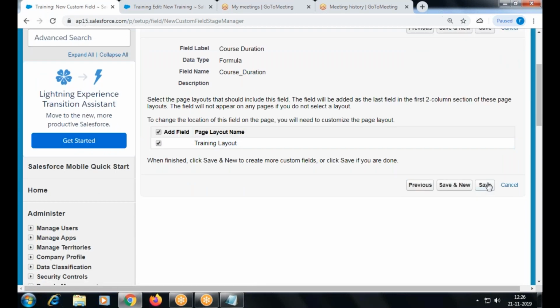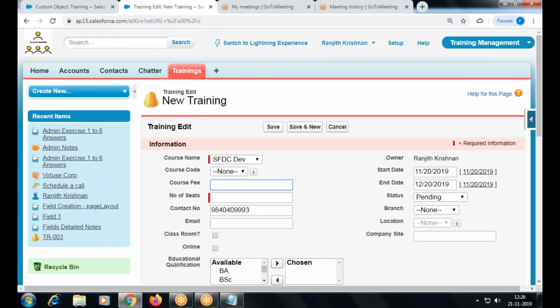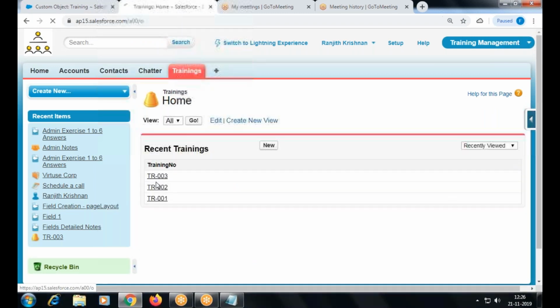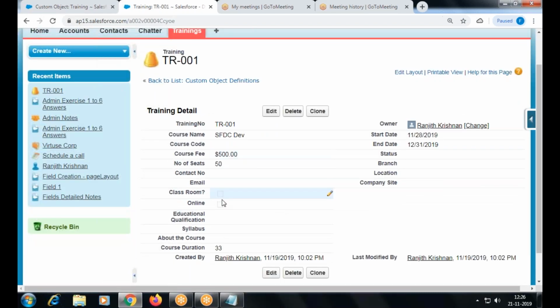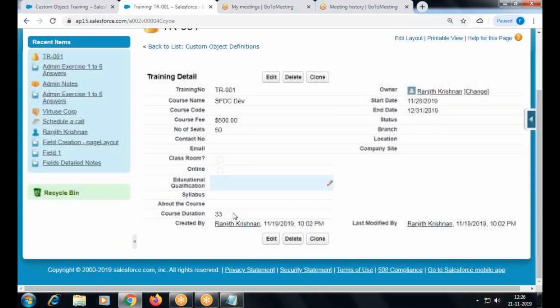Okay, so add to the page layout. Save. So now the existing record, right? The course duration is calculated.